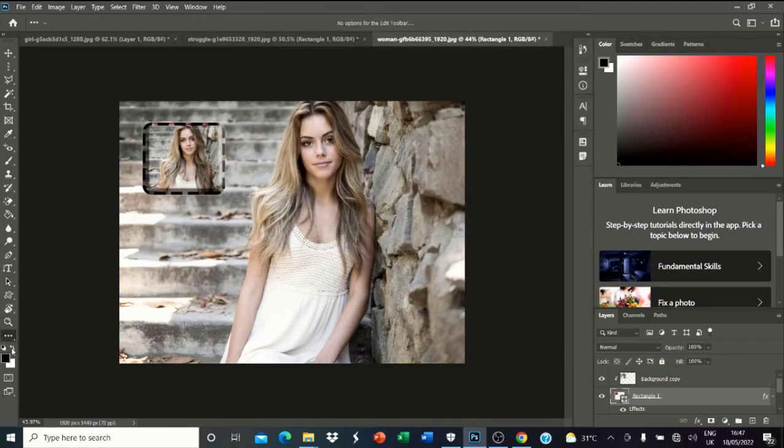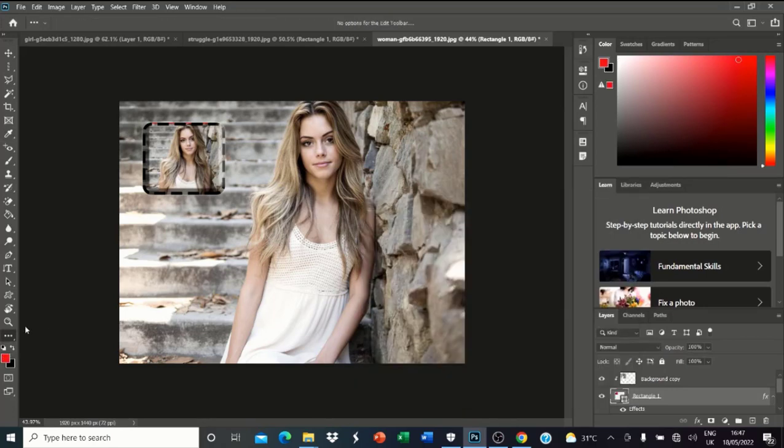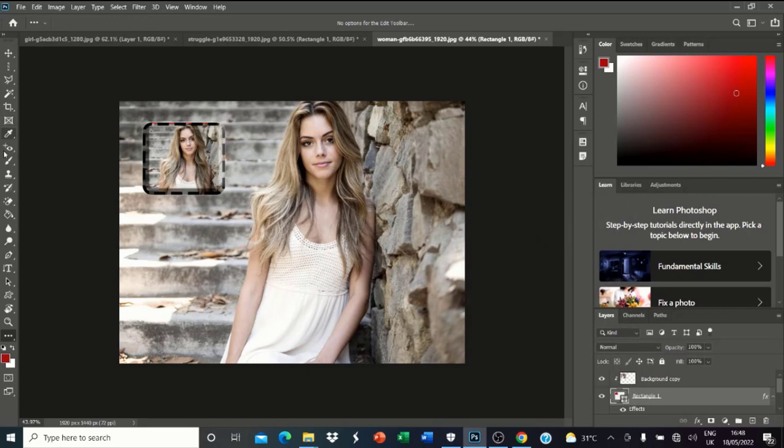Then the other option we have is the foreground and background color. You can change them quickly by clicking on this arrow and it changes. And let's say, for example, you select other colors and you intend to return to default. Simply press D on your keyboard and it will return back to the default black and white. You can change the foreground color by simply clicking on the color and selecting any foreground color you intend to use,